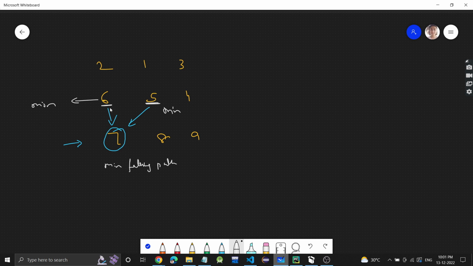Let's say that is x, and this is y. So the minimum cost to reach the 7 will be 7 plus the minimum of x, because we can reach this 7 from 6, and y, because we can reach it from 5. The minimum of these two values gives us the minimum cost to reach this 7. So 7 plus z.